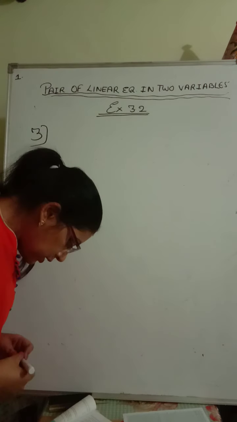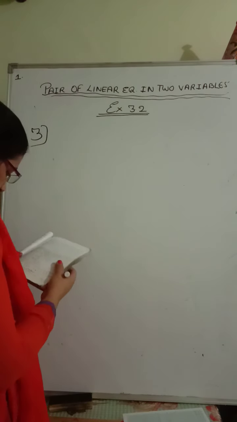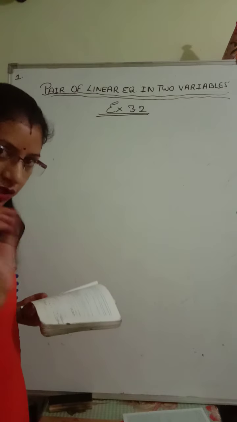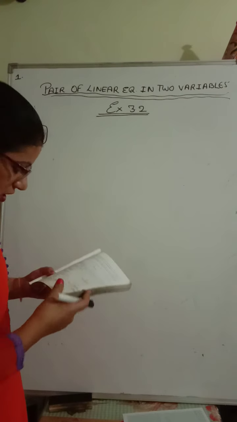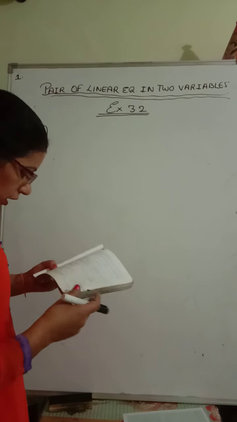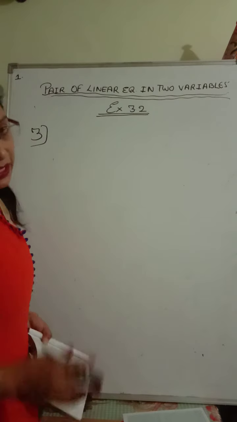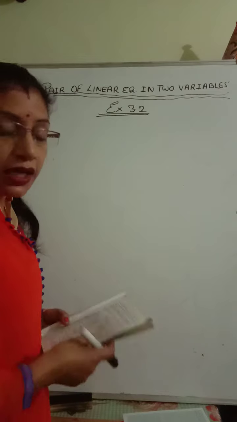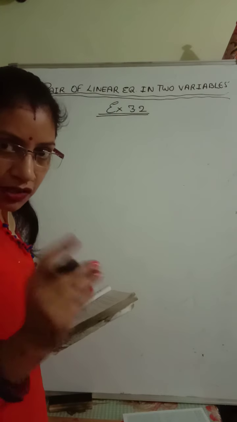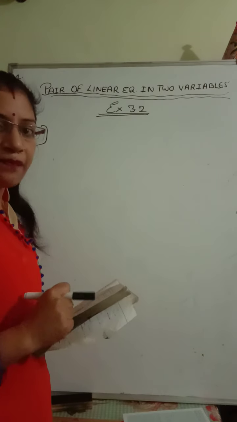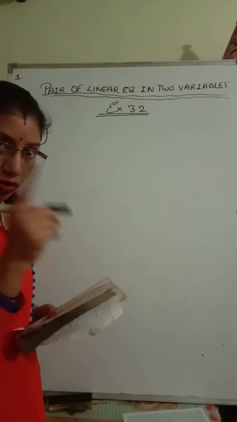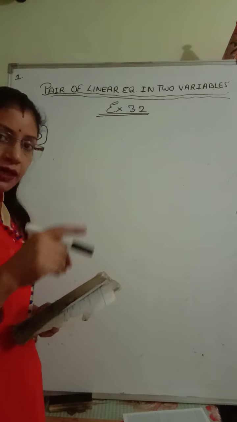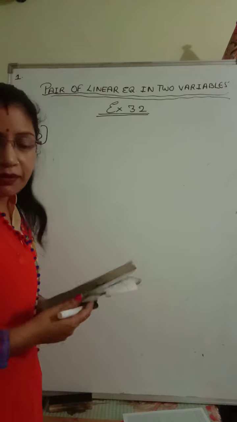Very important. On comparing A1 upon A2, B1 upon B2, C1 upon C2, यहाँ भी compare करना है. Find out whether the following are consistent or inconsistent. I told you what consistent is. Consistent means which have a solution. Inconsistent means which do not have a solution. तो किस line का solution नहीं होगा? Which are parallel. बाकी उन दोनों का solution होगा क्योंकि वो कट कर रही है एक लाइन पे, और coincident होगी तो infinite में नहीं solution होते हैं.